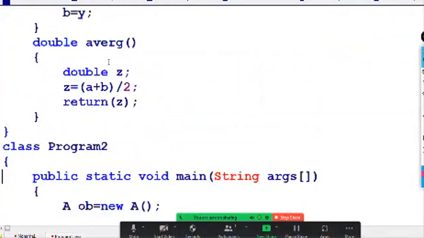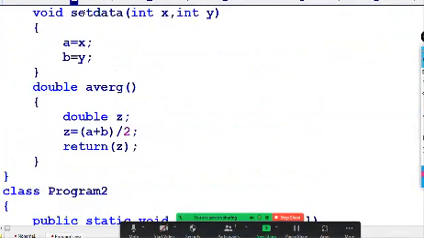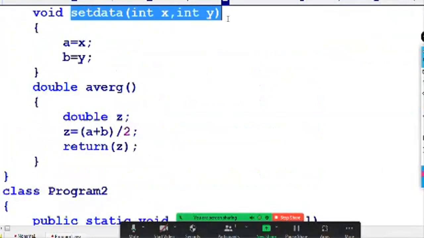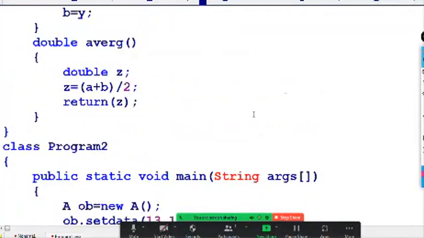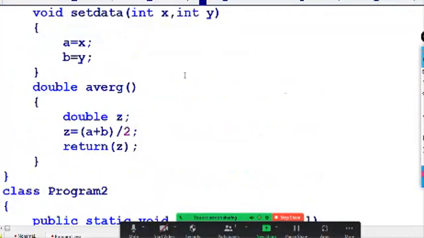One method is there, setData, whose requirement is two integer arguments. To call setData, I have to write ob.setData, and I can pass two values, 13 and 17. Now you have to understand this clearly. What is the program logic?